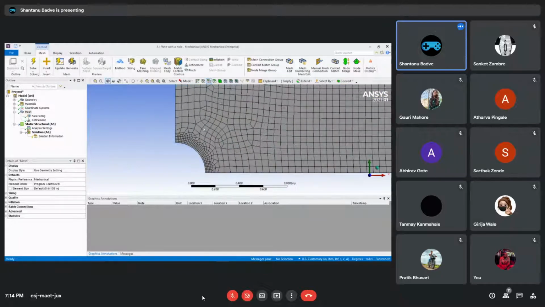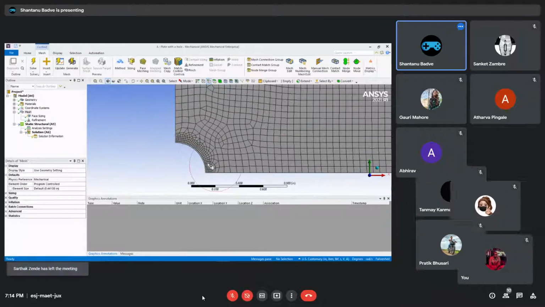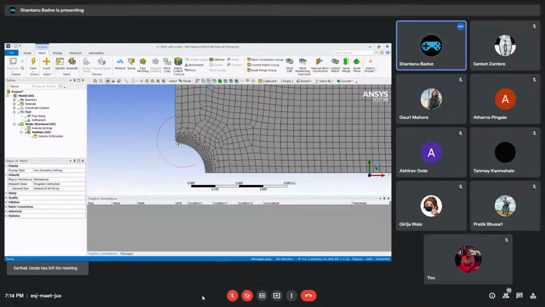Now when the software performs the calculations, they are going to be performed very nicely on this particular part, which is what we wanted. And yes, basically we have got it now. So this is meshing, and it is done. We have completed the meshing phase.